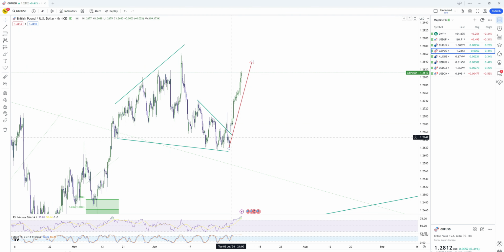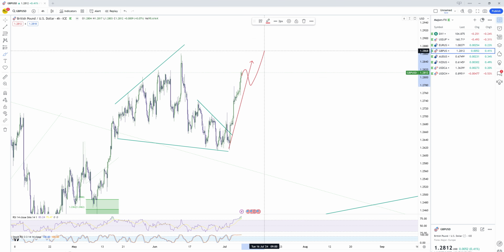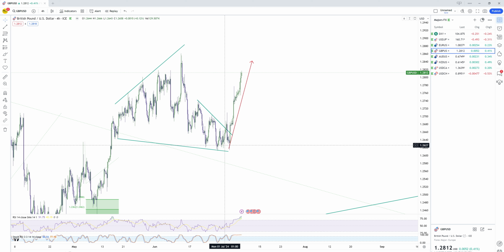Pound dollar, another one that we have been saying that from these levels, this was the buying area. The market reacted as we have been expecting. Still more upside, at least even with a pullback. This one has at least more upside in the short term before we might consolidate and do a pullback. So still more upside can be seen from this move, which started from these lows over here before we see a pullback. So more upside in general.